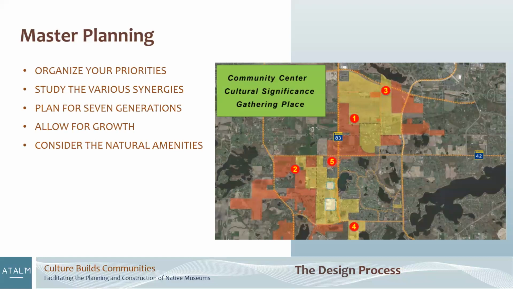This is not what this is necessarily about, but understanding how another community has worked with it, I think is key. They organized their priorities. They studied the various synergies of where you would put items and what they would mean, where the elders might go, how close it is to gaming or how far away it was from commercial, whether it was in the center of their community or on the edge. They planned for 7 generations, and they've been thinking about this community center for 20 years